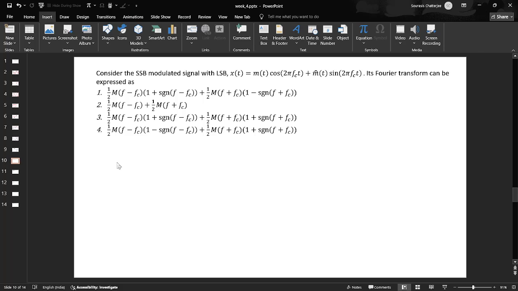We are happy with DSBSC, so what is the issue there that motivates the engineers to come up with this concept of SSB modulated signal? So let us start with DSBSC here, where we have